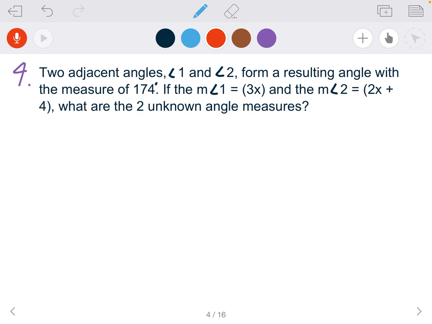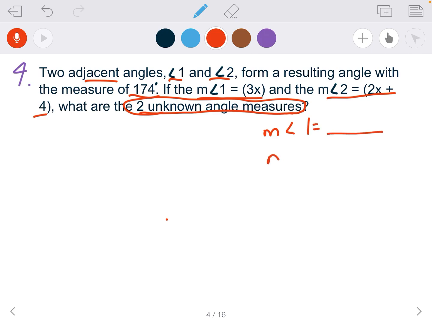All right, let's move on to number 4. Two adjacent angles, the measure of angle 1 and the measure of angle 2, form a resulting angle with the measure of 174 degrees. They're adjacent. The total is 174. If the measure of angle 1 is 3x and the measure of angle 2 is 2x plus 4, what are the two unknown angle measures? So we've got a little bit of work to do here